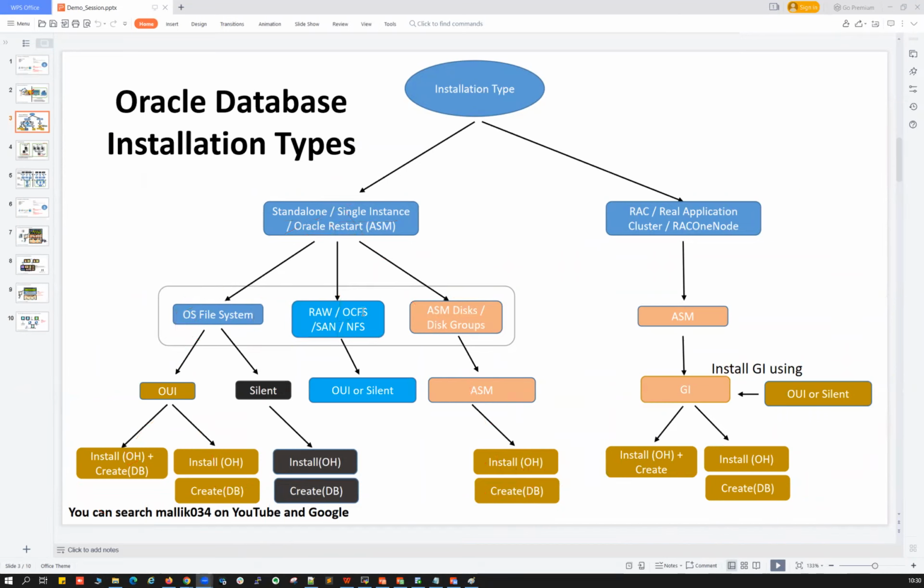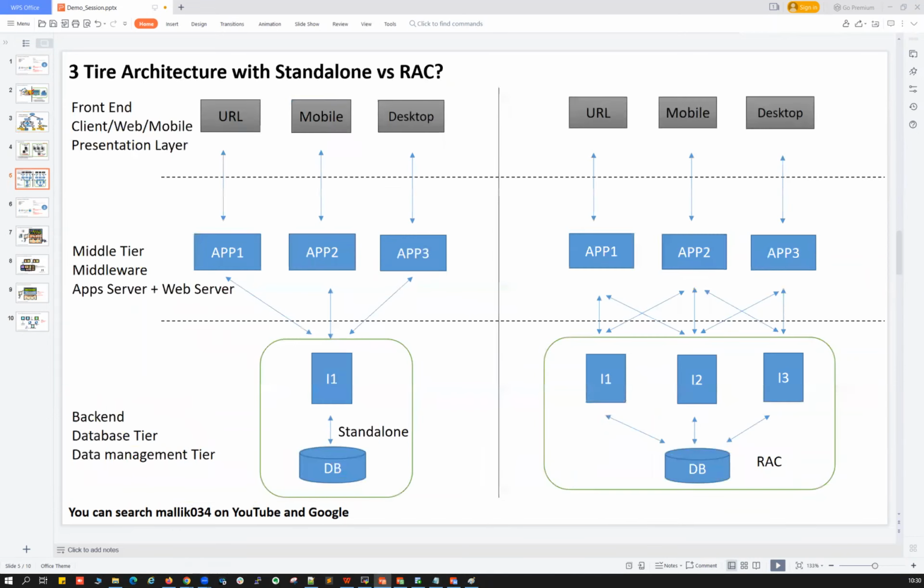Right. That's the installation, and now a quick difference between standalone and RAC. So let's go here. This is your standalone and RAC. We already understood how application users or end users are going to connect. They can connect using the application or the client or the software or the tool, whatever it is. We can call it a front end, middleware, web layer or presentation layer. They can connect using a web URL or mobile device or the client or the desktop. Any mode they're going to connect.